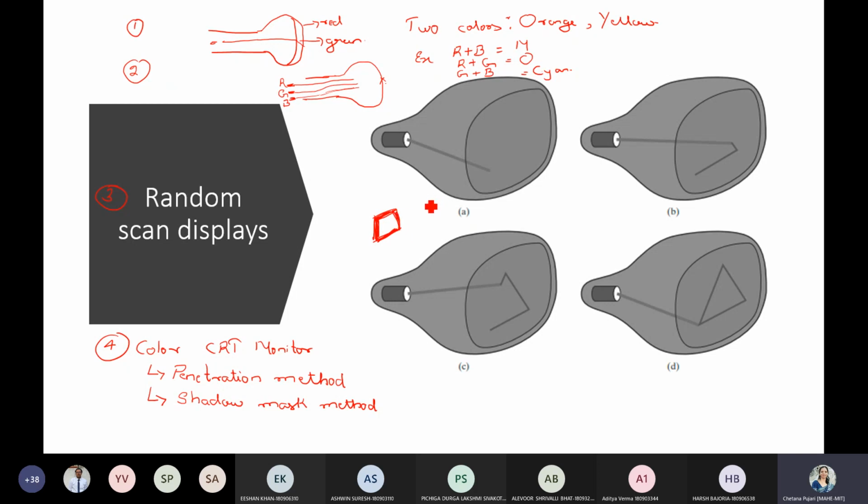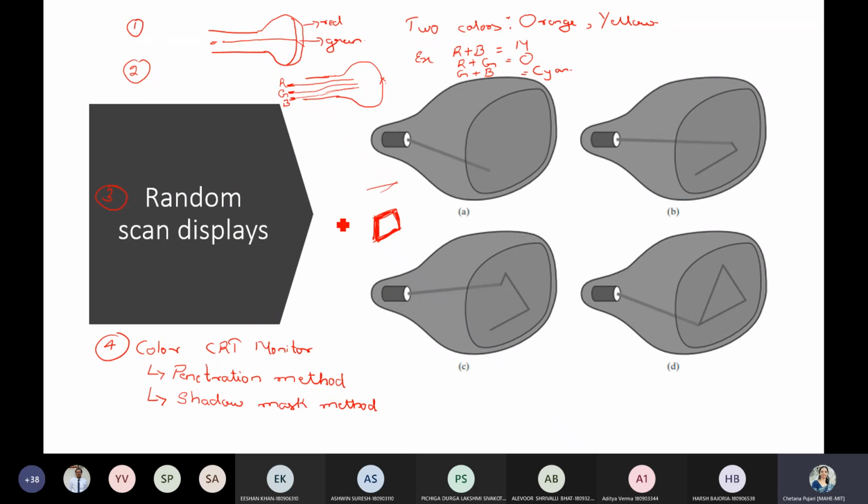easier in case of a random scan because a specific pixel you can target, whereas in raster scan you are going row by row. So how are you going to find the intensity at each and every edge, and when you are coming from first row to second row, there will again be a small gap. So how exactly are you going to do the filling? So that is tough when you compare this solid pattern display with respect to random or raster scan. So it is tough when you are dealing with a raster scan, whereas it can be done in a much better way in a random scan display.